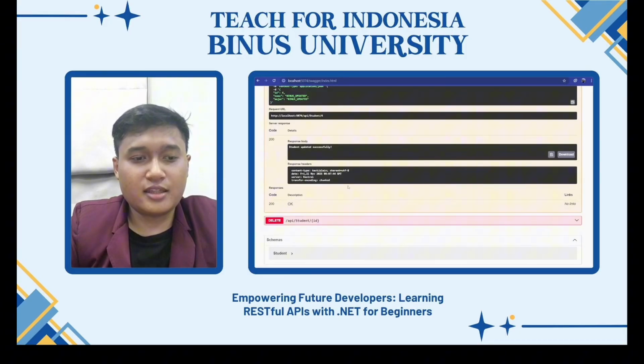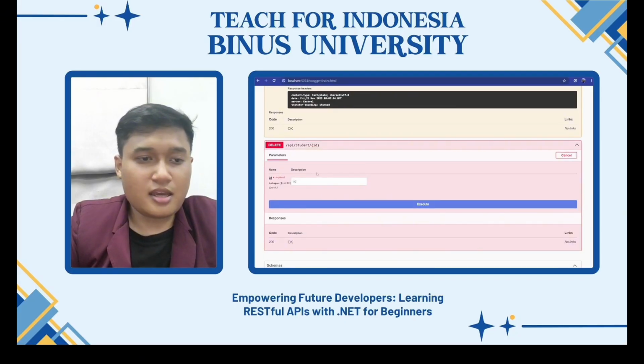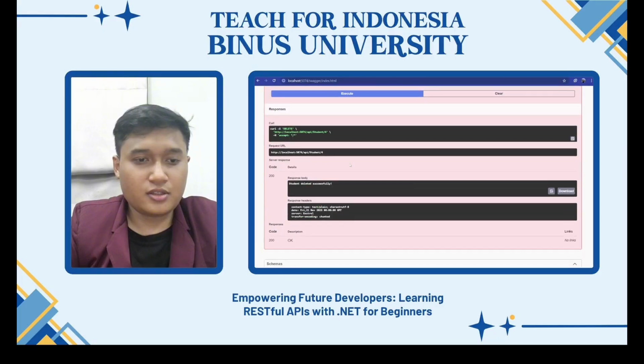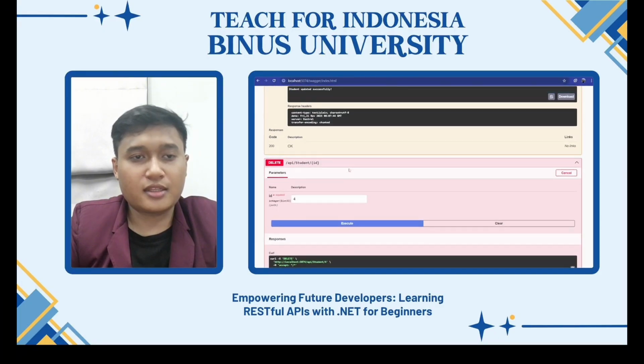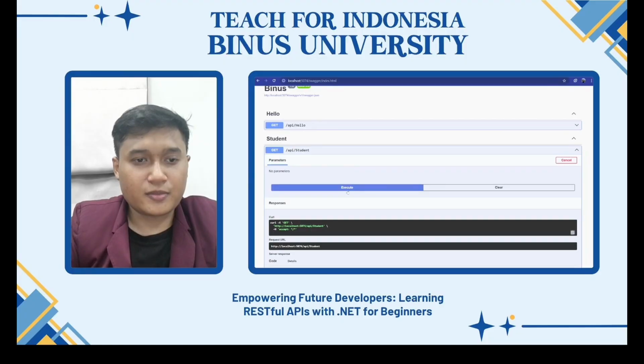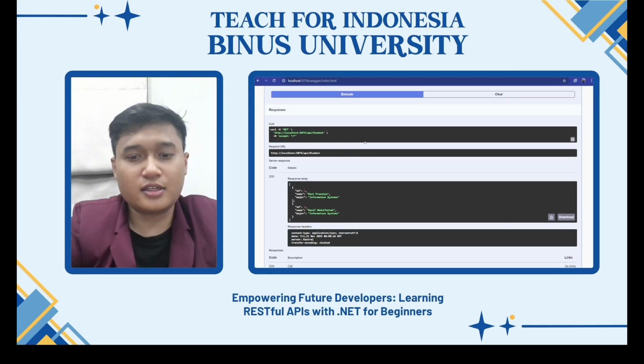Next, we will delete the data using the DELETE API. The Binus data ID is 4, so we will use it. Execute. So the student has been deleted. Let's see if the data has been deleted. Okay, good. Everyone, that is the testing. So the testing was successful. I think we have learned